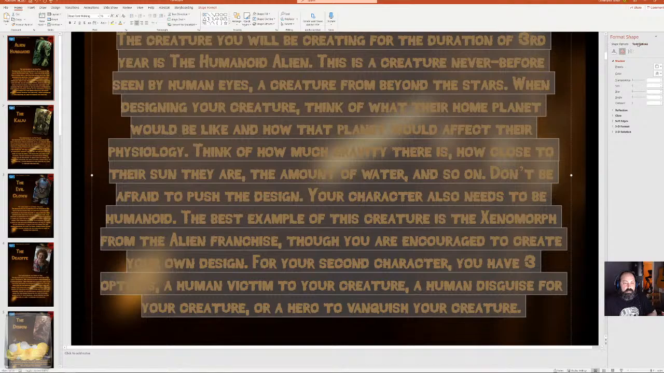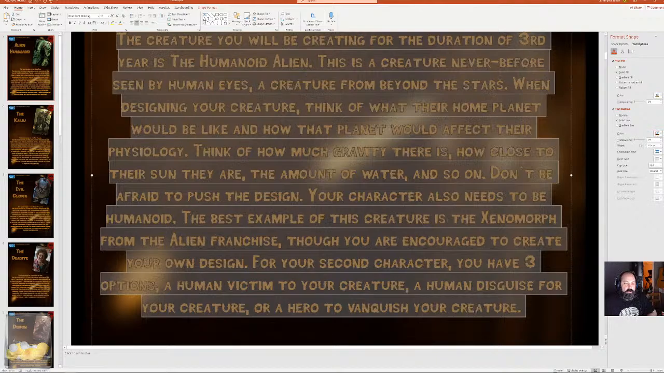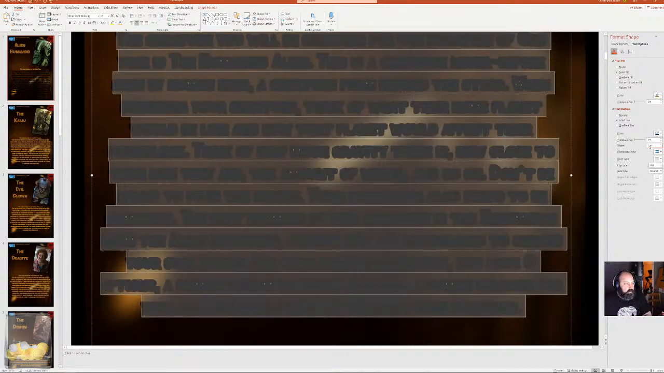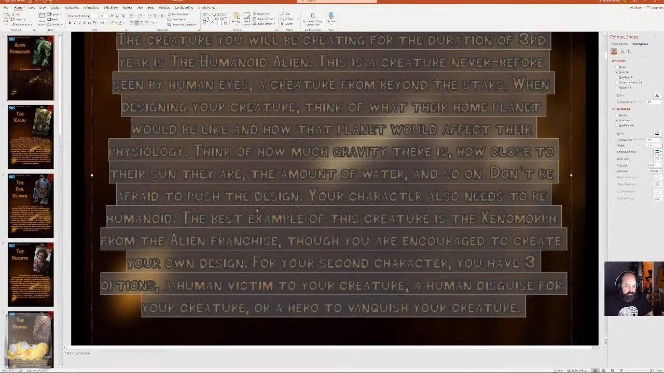Okay, so text options. Shape options. Text options. Shadow. Text, fill, and outline. Outline is solid black. Okay, now let me make it. Yeah, see, this is the problem. The way PowerPoint handles outline is it's interior of the letters and not exterior. So when you make the outline,